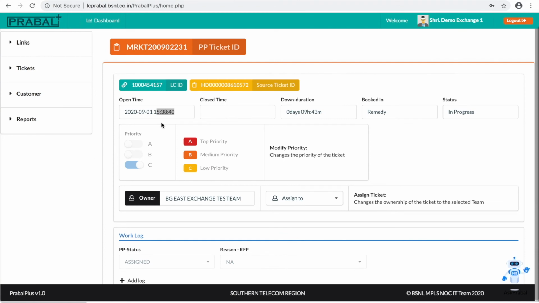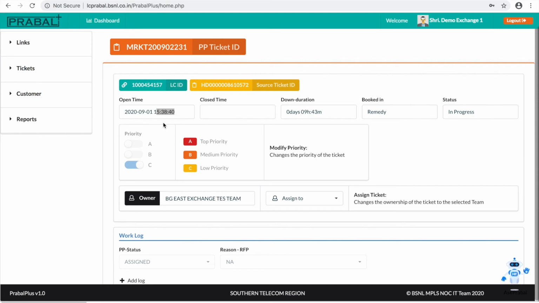So now, how will the faults be assigned to the end users? First we have to configure the circle and SSA users, then the SSA users configure the exchange users. Already the data received from ITPC has exchange details, NDA exchange and BND exchange details of each and every circuit.